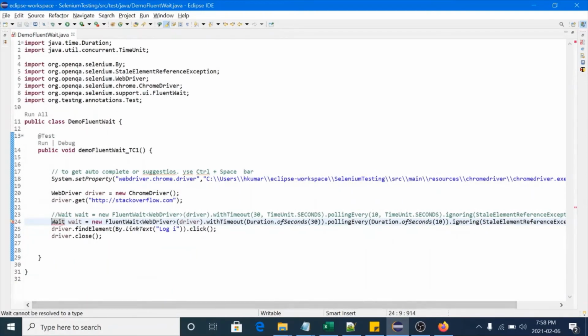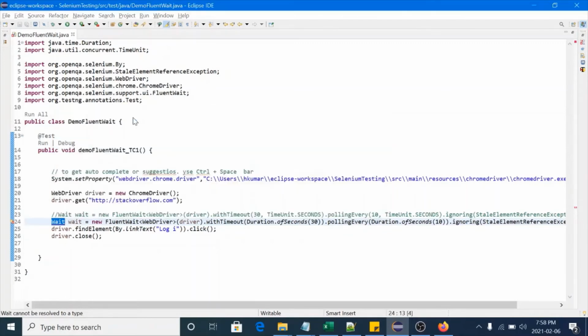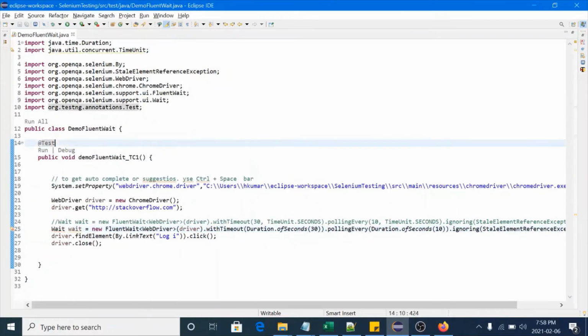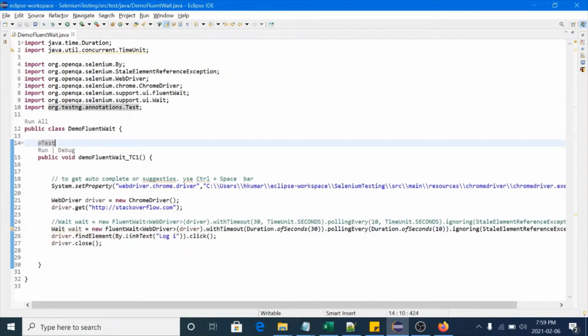So we have created the object here. Now it's showing some error. Let's click on this bulb. It's saying import the Wait class. Okay, it's done. Now it's showing some yellow warning here. We need to solve that. It's saying add type arguments to Wait, so you have to add WebDriver here.